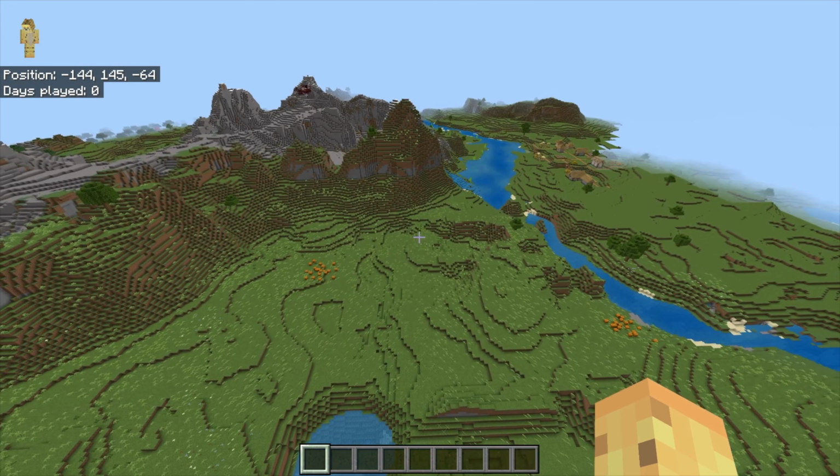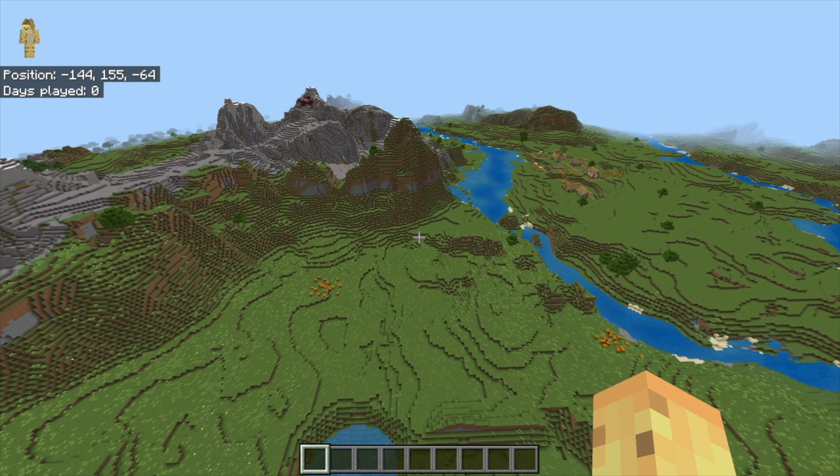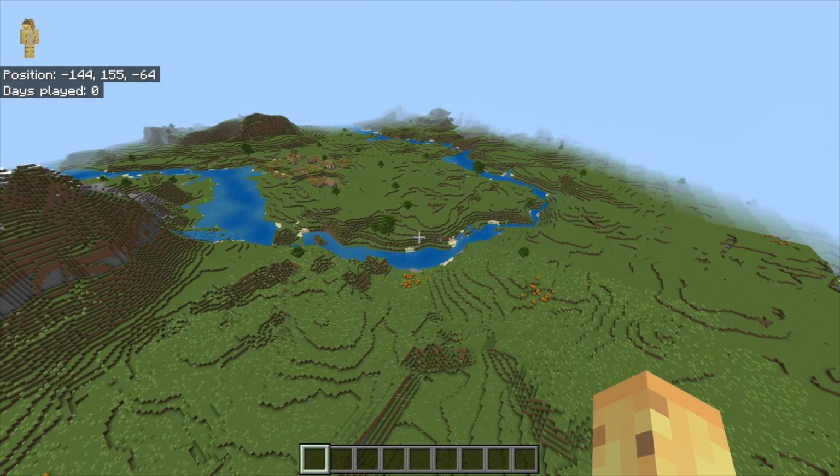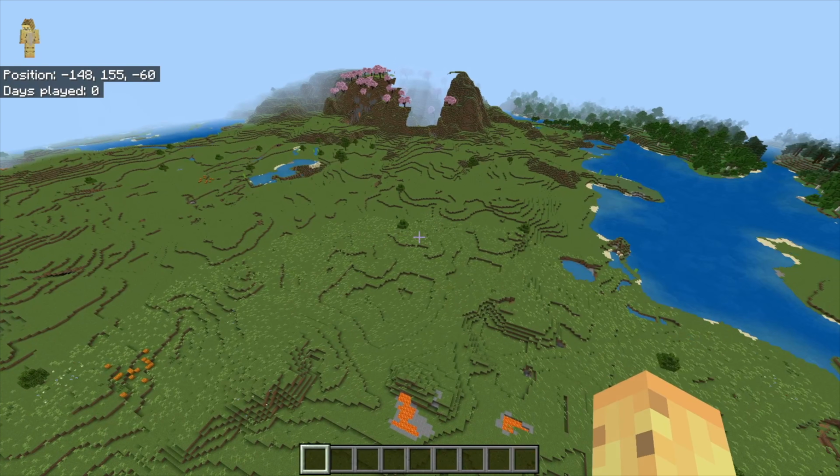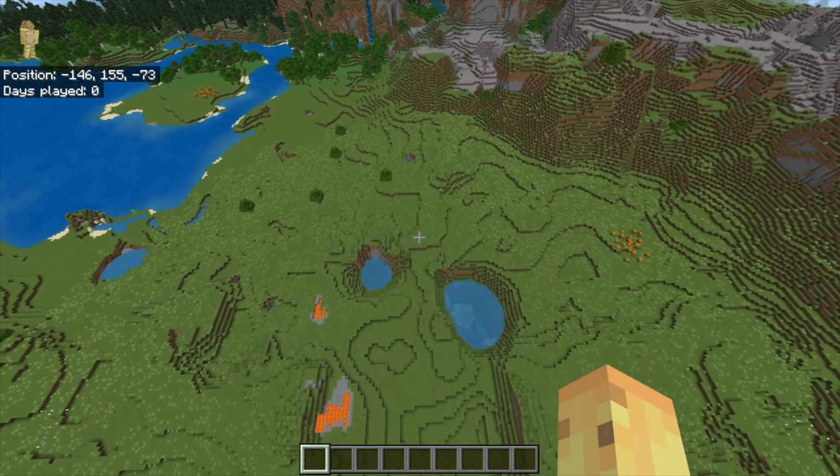There is a little bit of fog at the edge, but technically speaking, this is a better 32 chunks because it's a square and not a diamond radius. There's a whole thing about that. But interestingly, you can see 32 chunks on this seed